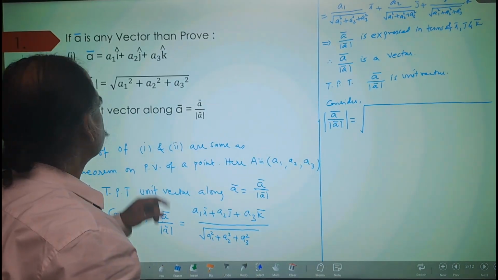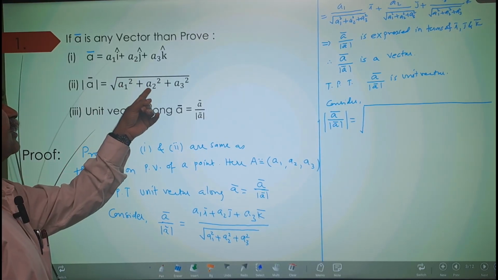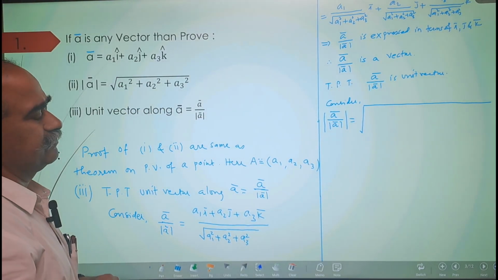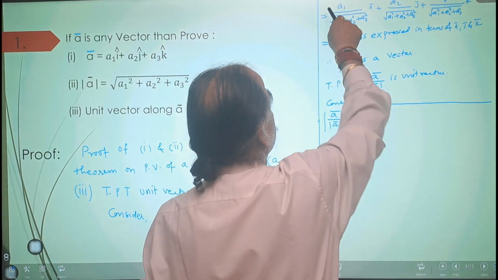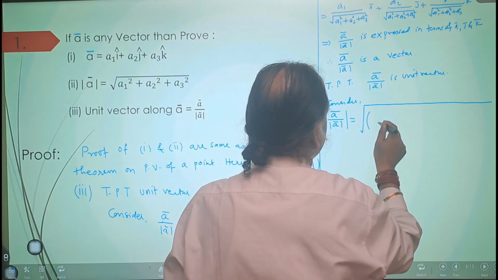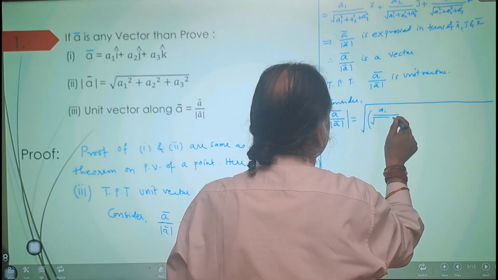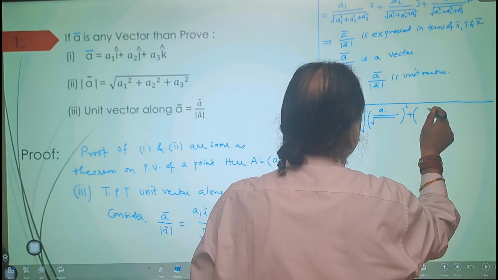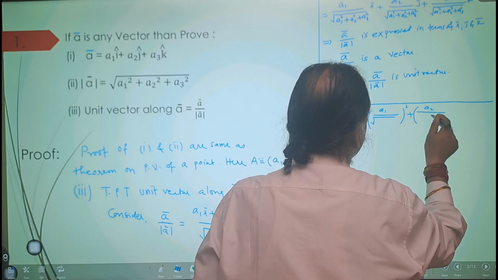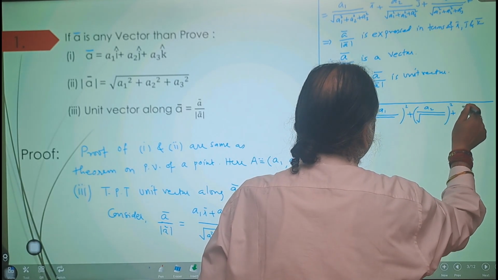It is nothing but root of I component square plus j component square plus k component square. Here, magnitude of a bar upon mod a bar is this. So a1 upon root square plus a2 upon root plus a3 upon root